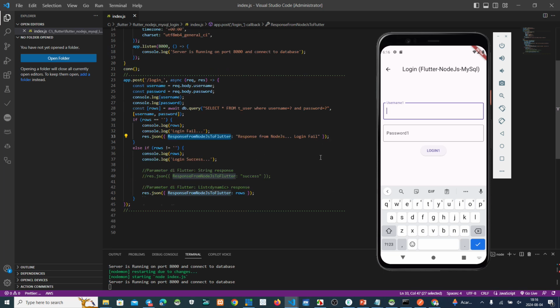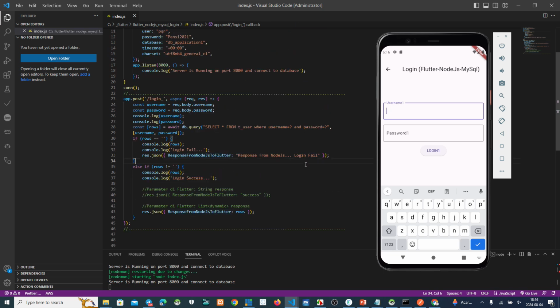Moment, not login success. Fail is success. Oh, success, this one. Not true. We just take the string information from the Node.js success. If success, this information will be seen at the bottom of the login page.